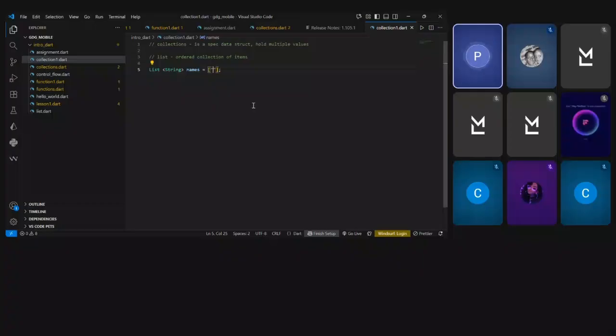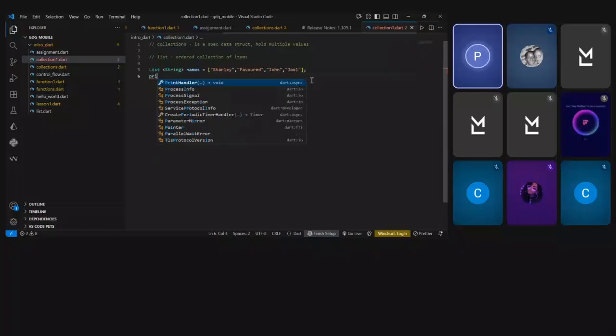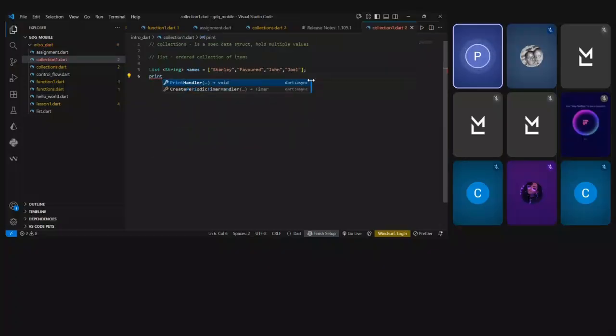So hapa tunaweza different names. Tunaweza andika Stanley, tunaweza andika Favored, tunaweza andika maybe John, tunaweza andika pia maybe Joel. So hii list yetu iko na four items hapa na ni the names, na tumeita names, meaning that tukitaka kuprint hii list yetu tunaweza iprint tu hivi, print